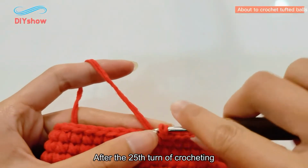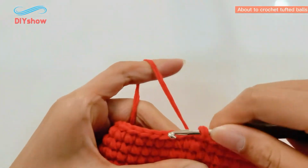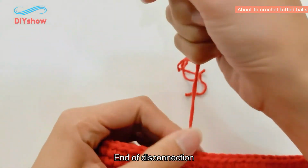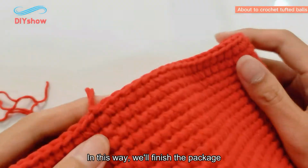After the 25th lap of crocheting, we knit a slip stitch with the 1st stitch. Then hook and weave a turning chain. End of disconnection. Hide the thread. In this way, we finish the bag. Next,